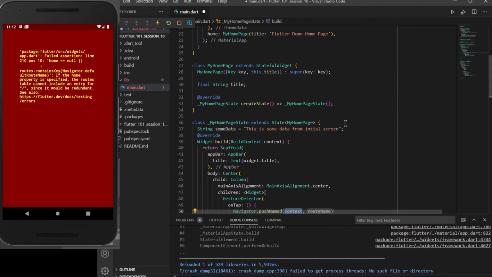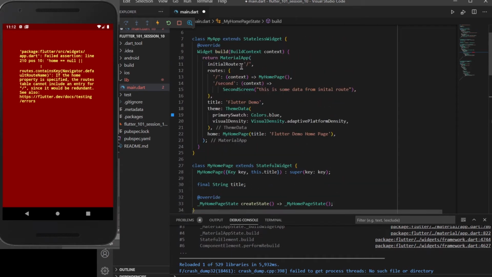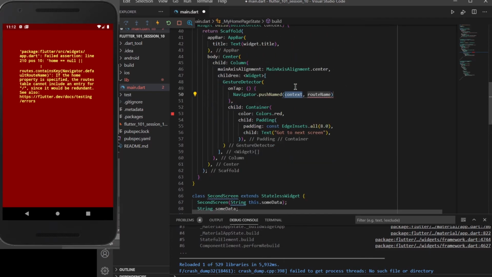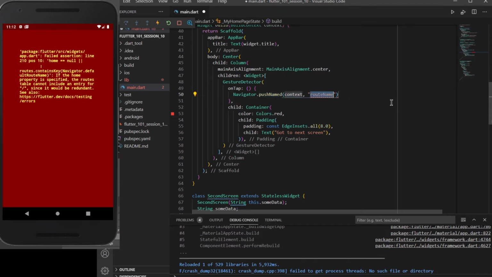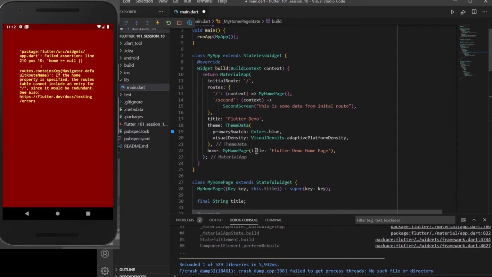The slash denotes the my home page screen, slash second denotes the second screen. We have used routes here, and inside pushNamed we have to pass a context and the route name. The context will remain the same, but for the route name we can pass slash second, as we want to navigate to the second screen, and we have added slash second to route towards this second screen. So here it is.